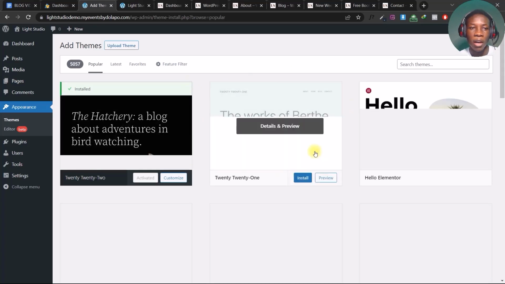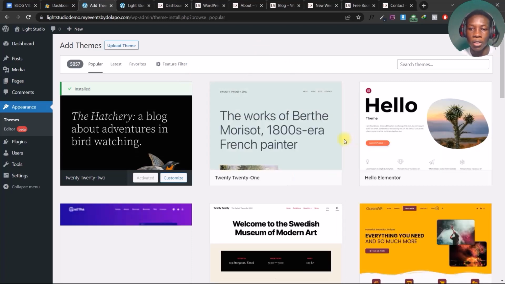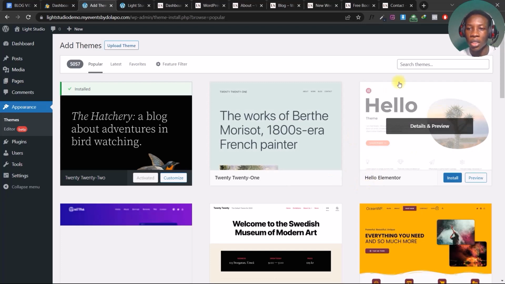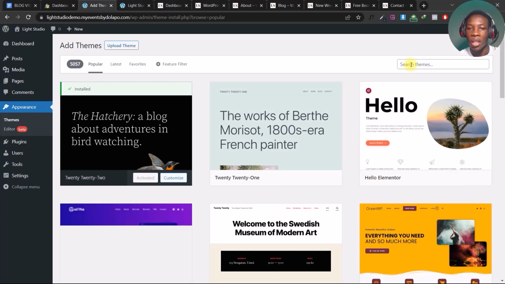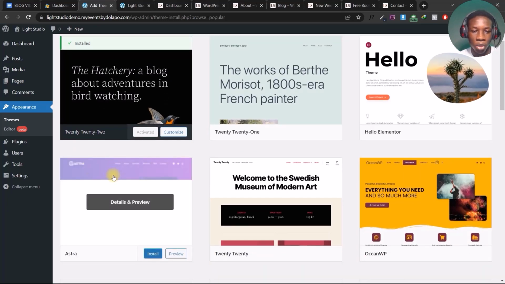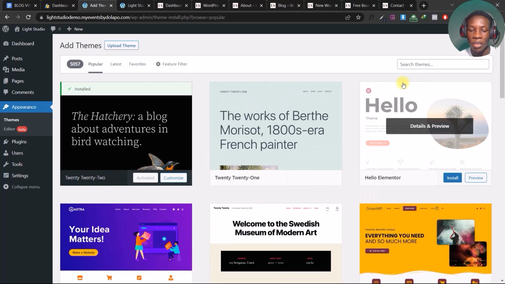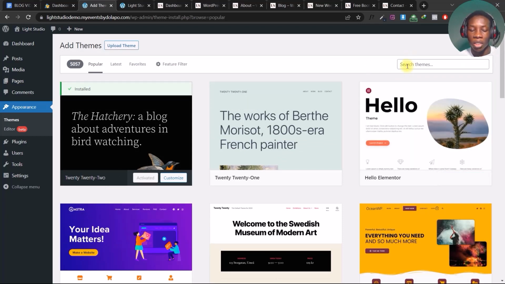So this page holds thousands of themes because there are so many themes available for WordPress users that are free. So there are thousands of themes here. We just need to search for the name of the theme you're trying to install. In this case, 𝗧𝗯𝗹𝗲 theme is a very popular theme. You can see here, 𝗧𝗯𝗹𝗲 is already here because it's very popular. But if we have a specific theme we want to use and the theme is free and is available in the WordPress repository, you can just search the name of the theme. So let's say, for instance, I type